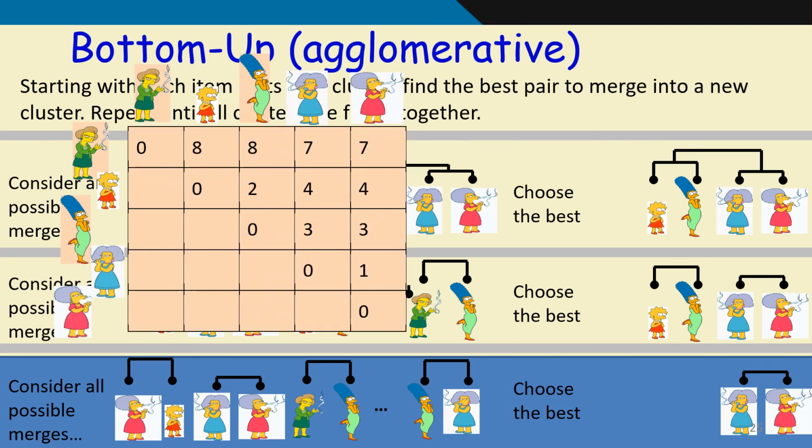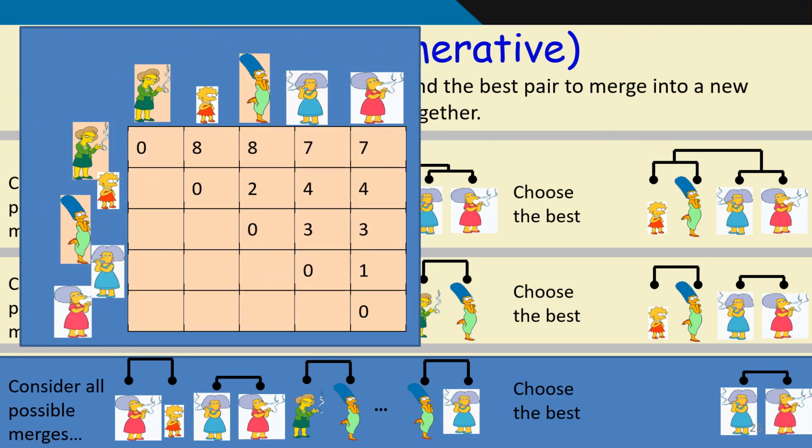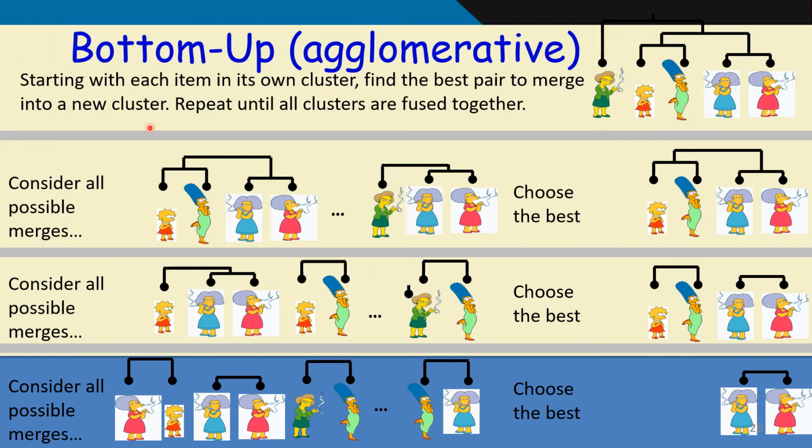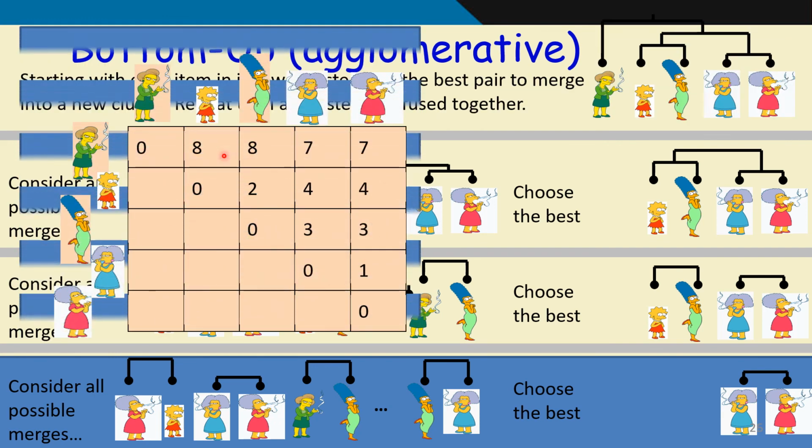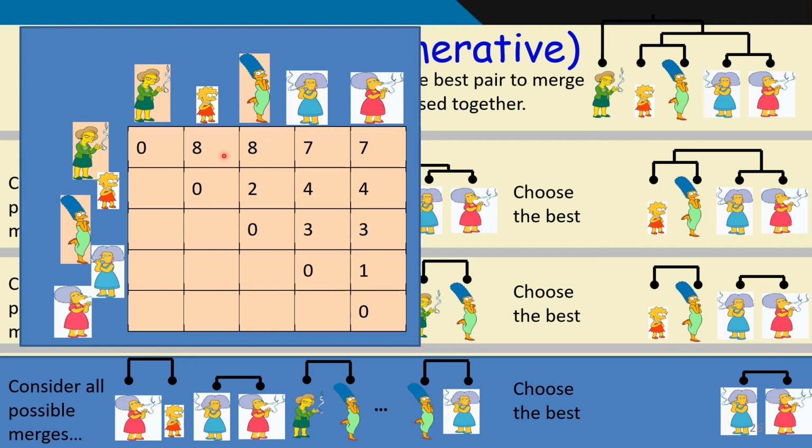Similarly, we look at the matrix again, and what we find now is that the distance between this particular point and these points is the least, and we have seen that these points we have already combined into one cluster. So we combine both the clusters and make them into one cluster. Now we look at the distance matrix again, and we are left with only one point that has not come into the cluster. So we add this point also to the cluster, and that completes the clustering. All points have now come into one big cluster.